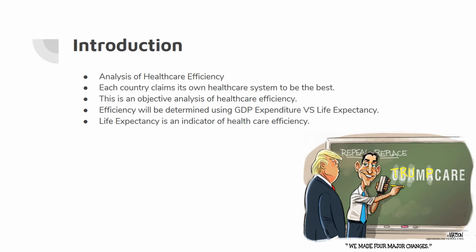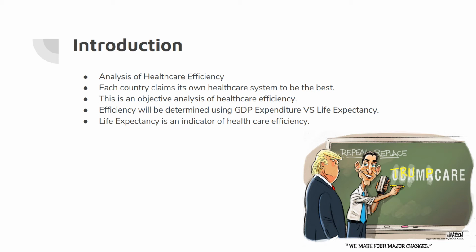First of all, let's talk about why I'm doing this in the first place. Over the past centuries, countries all over the world developed their own healthcare systems differently. So since then, they have not been in agreement as to which system is the most efficient in terms of government spending. So today, I am going to analyze the healthcare systems of these countries across 6 continents and see how the government expenditure affects the efficiency of the healthcare system.